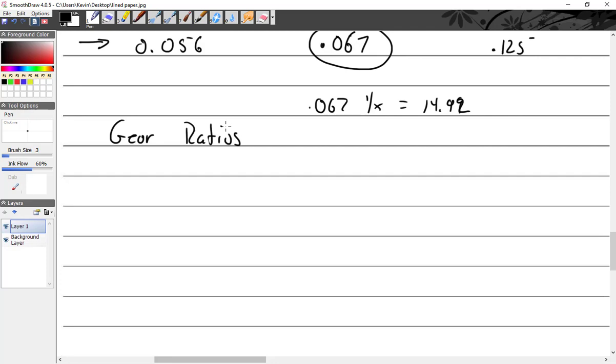In all of your questions, they're always going to say a spur gear and a spur gear and pinion. It doesn't matter. It's just both gears. You don't have to remember which one's a spur and which one's a pinion. You can even call it gear A and gear B, because you're going to get it right. So if gear A has 8 teeth and gear B has 28 teeth,